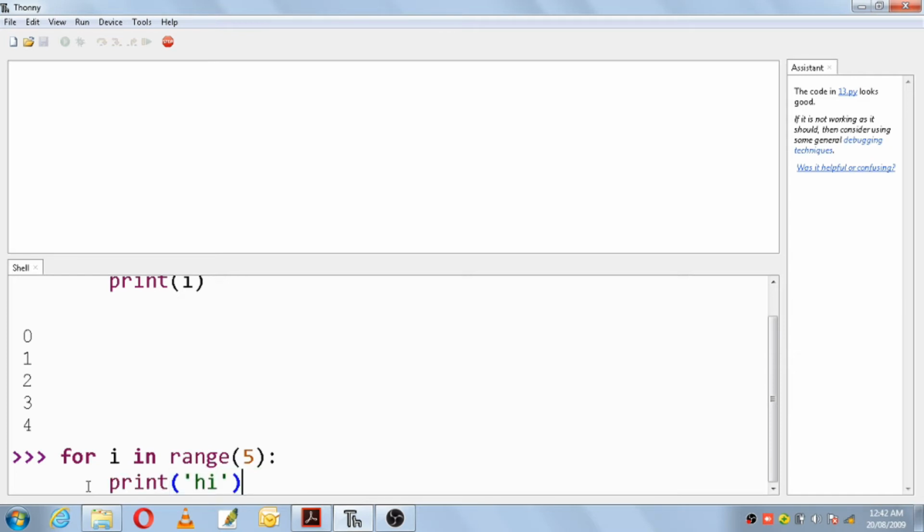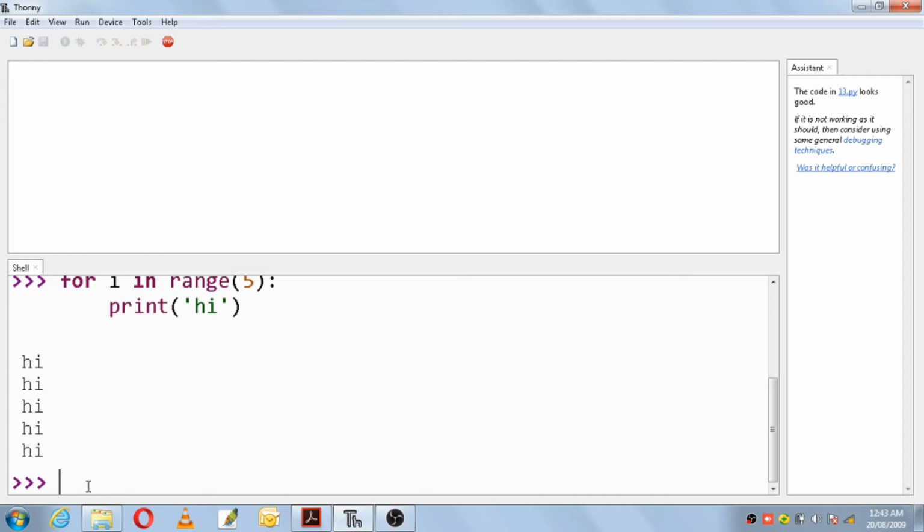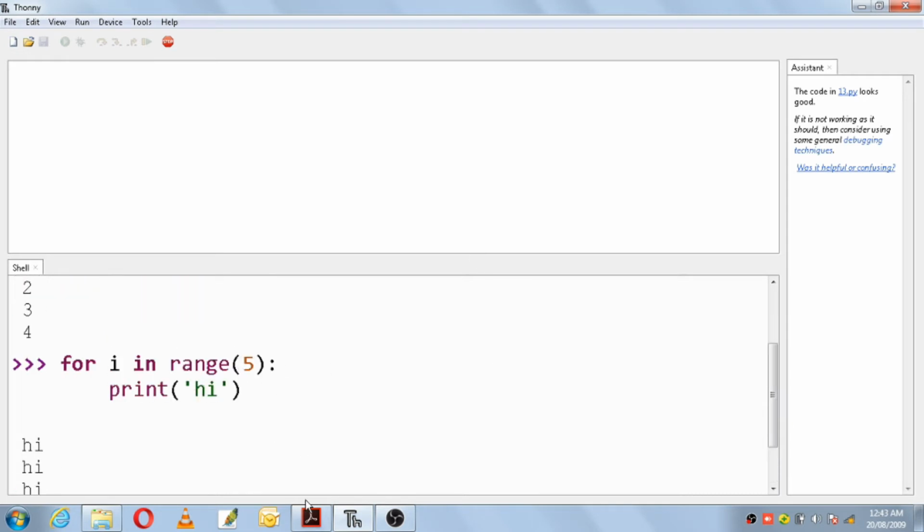Then press enter, backspace, enter. You will get hi printed 5 times. This is how the for loop will execute, and you have to use this statement correctly.